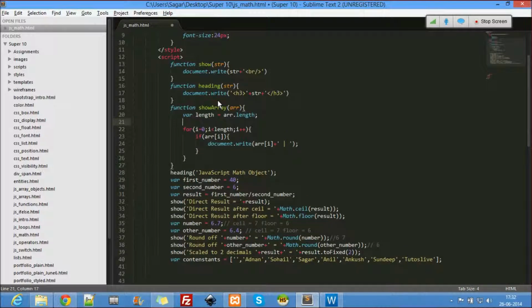Okay, let us give a heading here: participants. So let's see if it's printing or not.